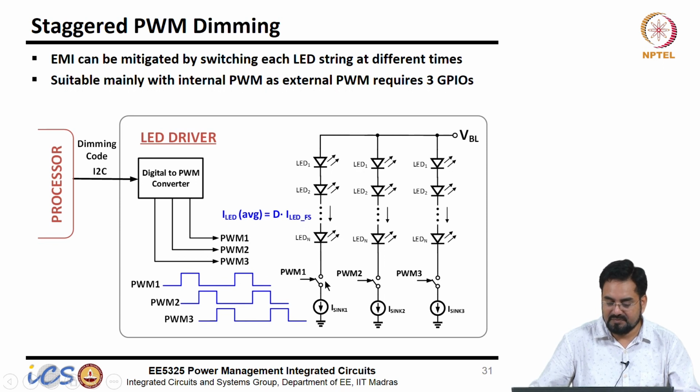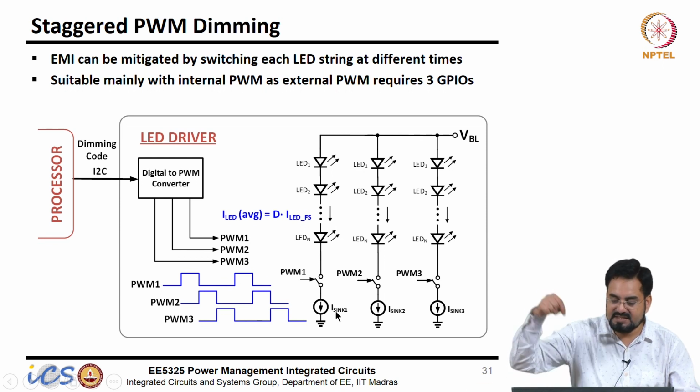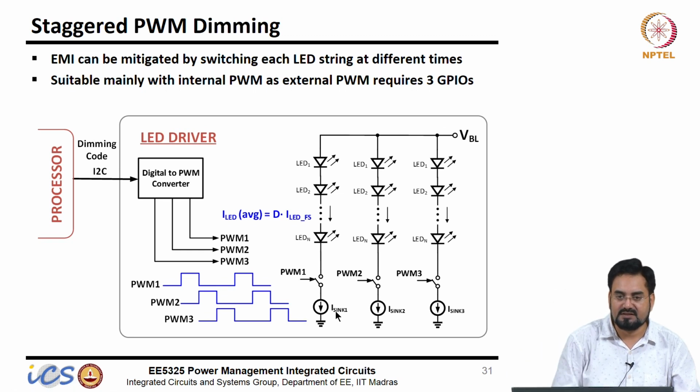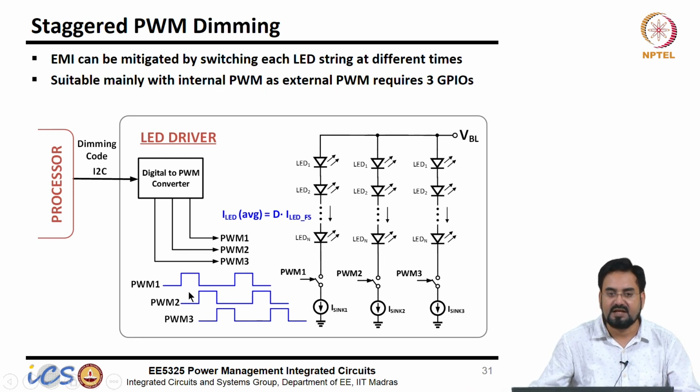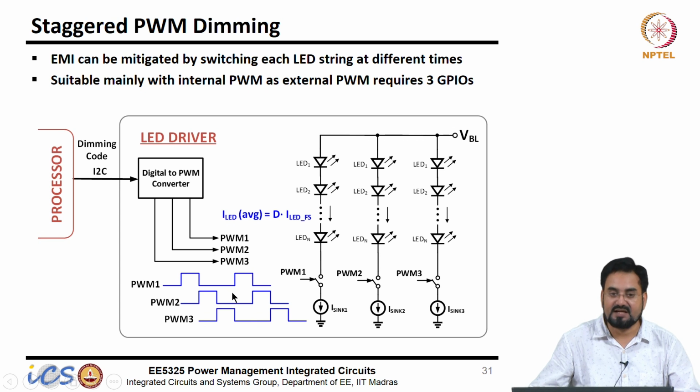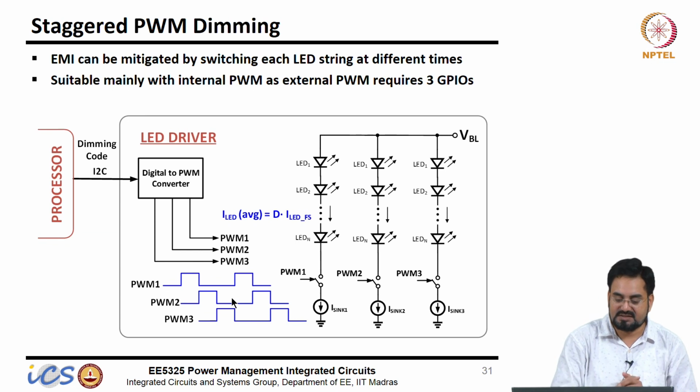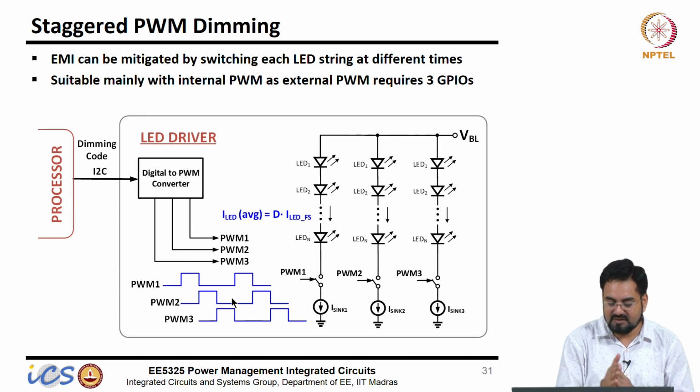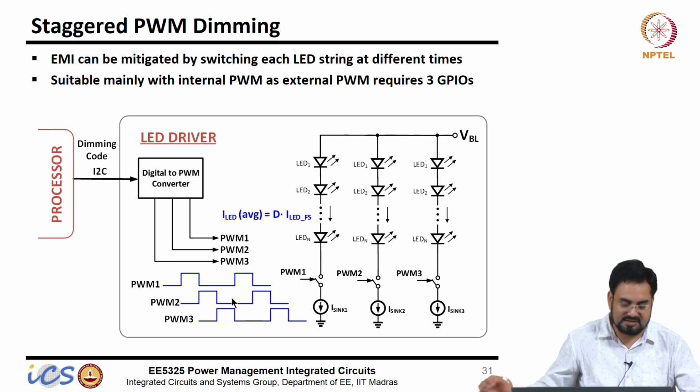So now you will not be injecting the same amount of current when these are turning on and off. It will be reduced, because at a time only one LED is on. So you will be injecting only 20 milliamp instead of 60 milliamp. Obviously, if duty cycle is much higher, then at that time all may turn on simultaneously, but as long as your duty cycle is lower, it will not be a problem in that case.